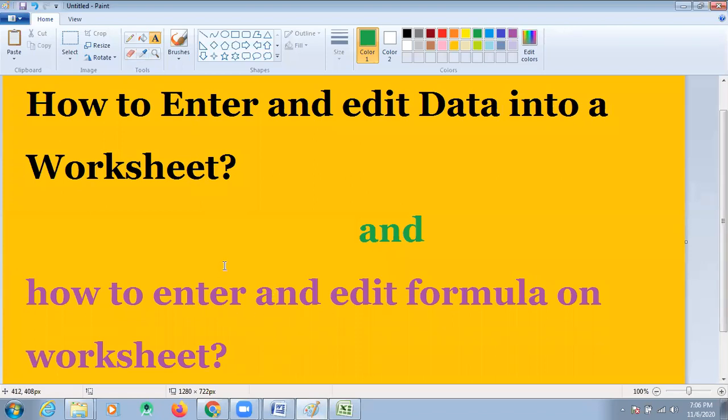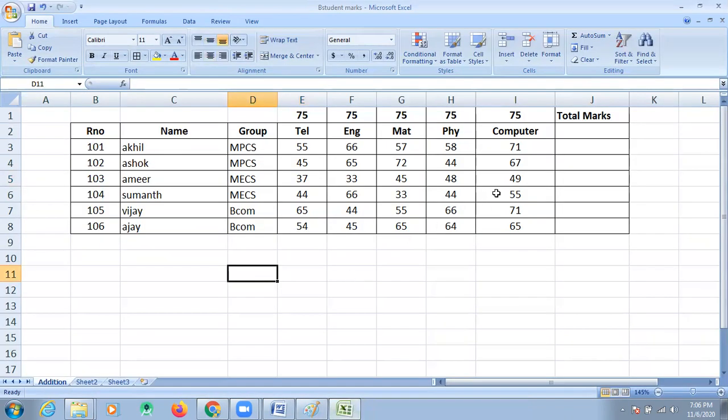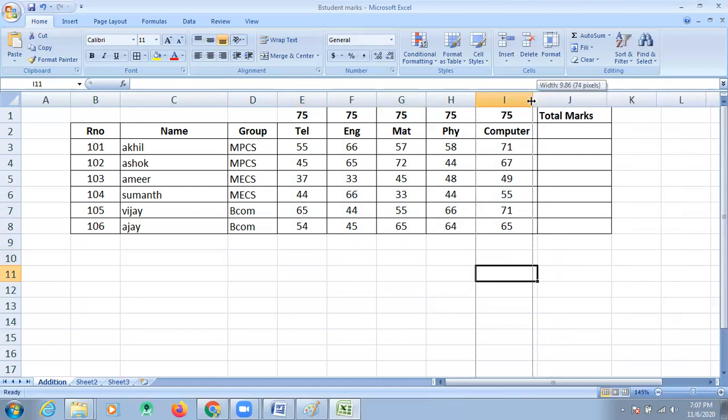And the second question: how to enter and edit a formula on a worksheet. If you want to enter and edit a formula on a worksheet, you must have some data, that is numerical data. We can apply formulas to numerical data. Sometimes we can apply formulas to textual data also. That is nothing but